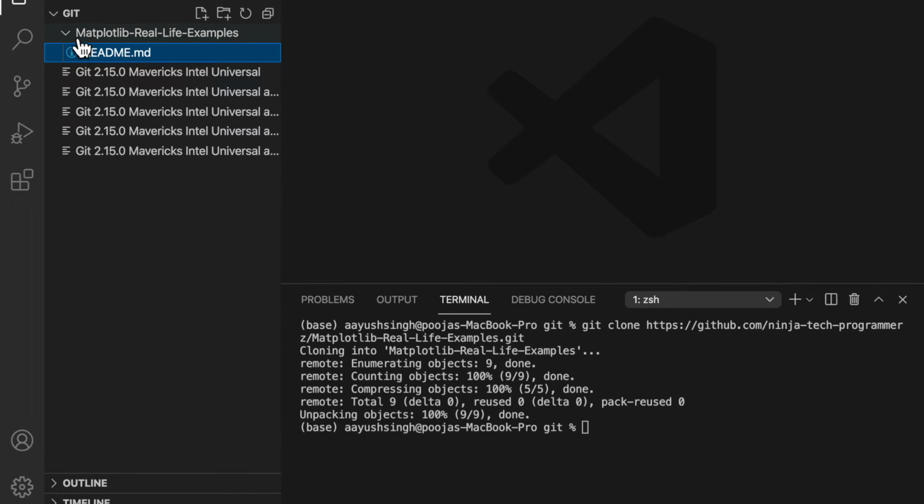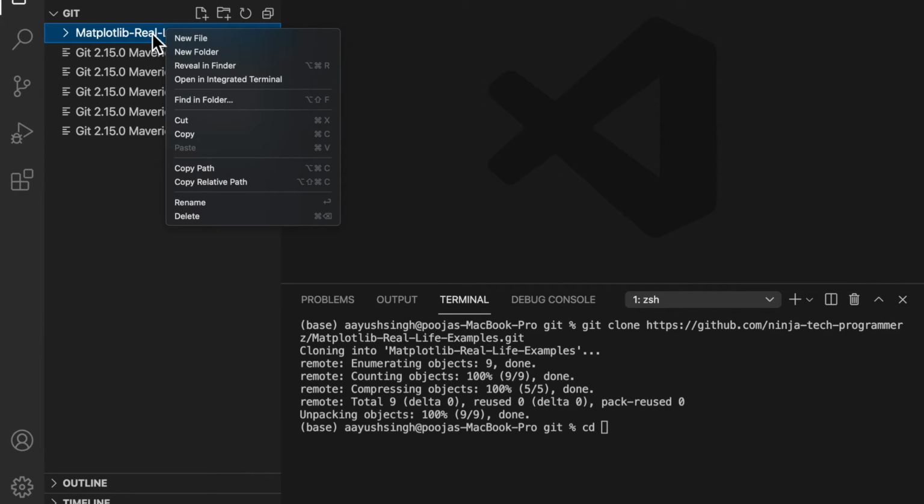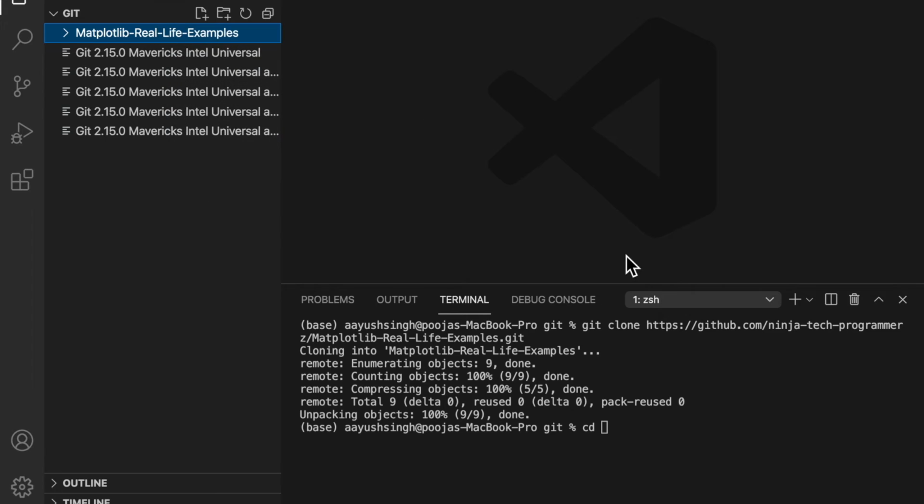Just close this here. And next thing is I'm going to use cd now. First thing is cd. Cd is what? Change directory. Directory means folders. So change my folder to this particular folder. Okay, so I'm just going to write the same name which is given for the folder,